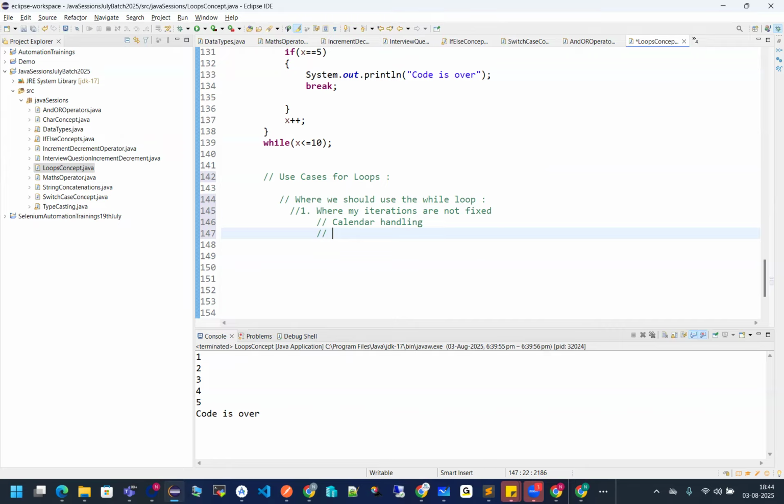In this, my iterations are not fixed. I don't know how many times the loop has to run. Perfect. Web table paginations are another example. Okay, now what if I say that